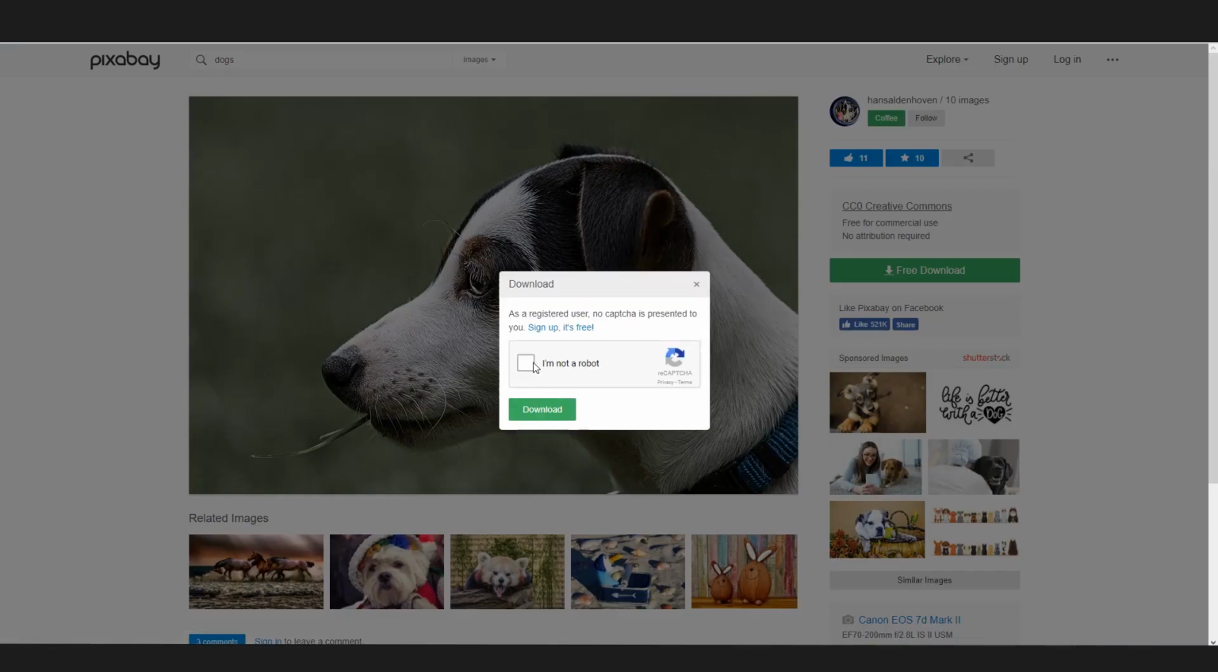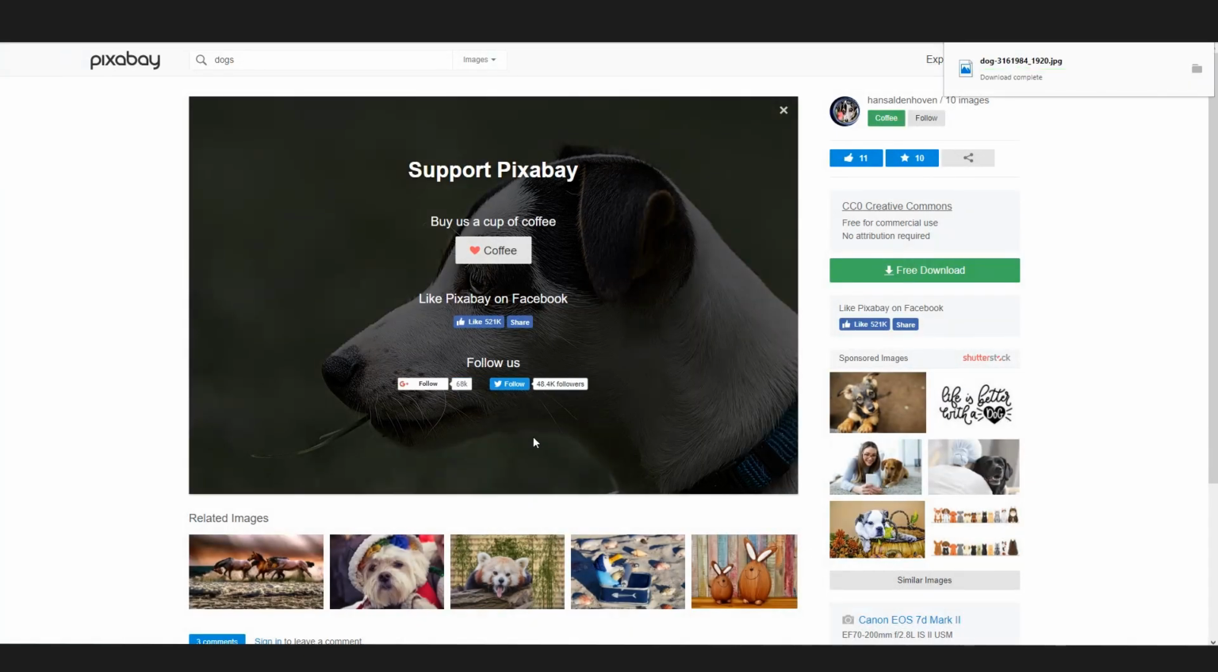It's going to give you the captcha test. You just got to click and say I'm not a robot, although a robot would say that, and then click download, and bam, you've got your free stock image. If I discover any more, I'll add them to my list of things, but for now there's 7 sources for free stock images that you are completely